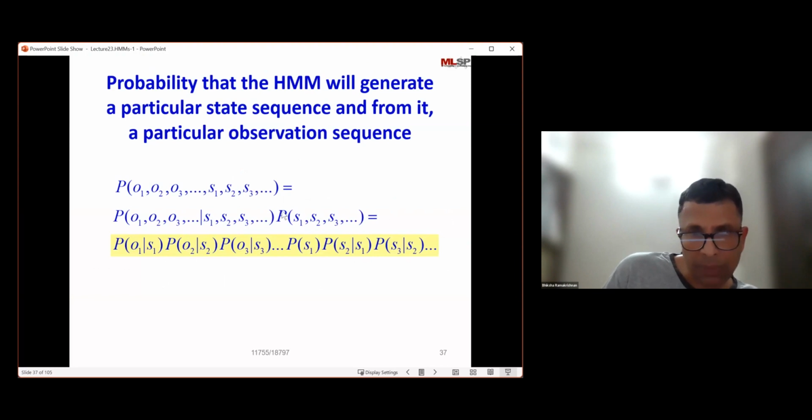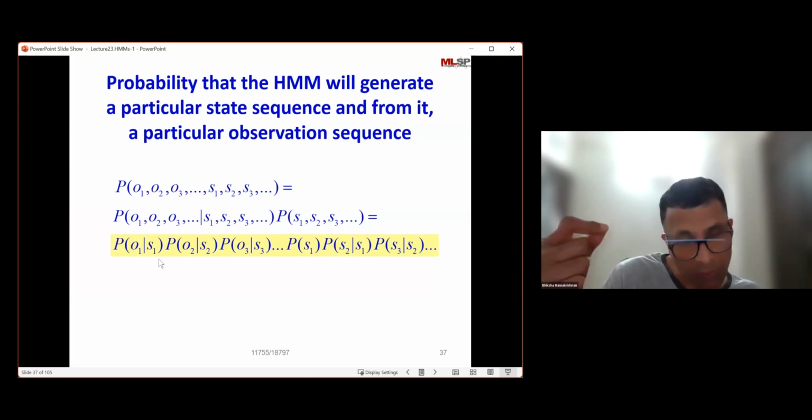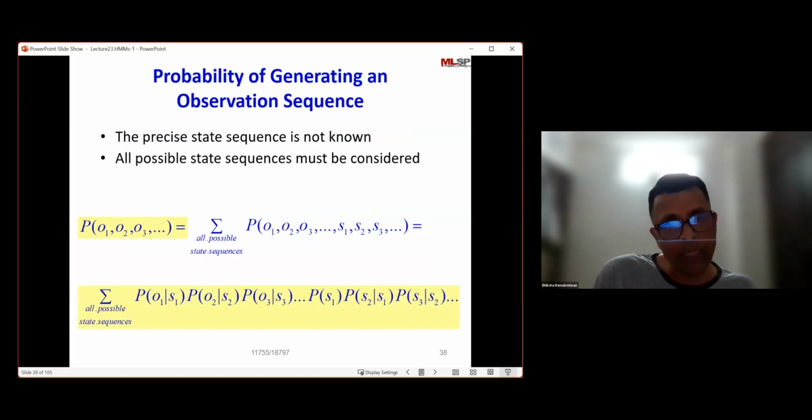Using Bayes' rule, that's simply the probability of the state sequence times the probability of the observation sequence given the state sequence. The probability of the state sequence we know is just the probability of the first state times the product of all of the transition probabilities. And the probability of the observation sequence given the state sequence is just the product of the probabilities of the individual observations from their states. And so